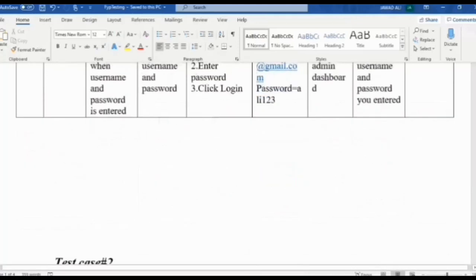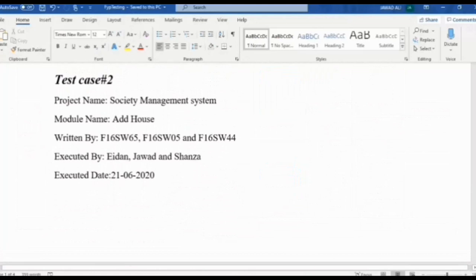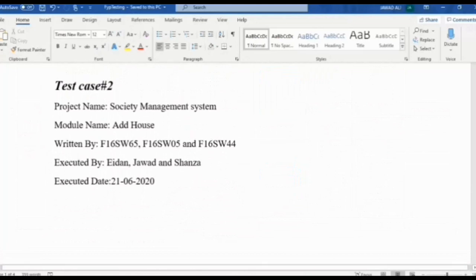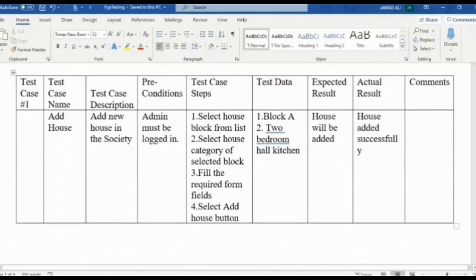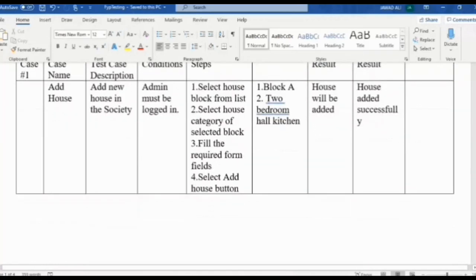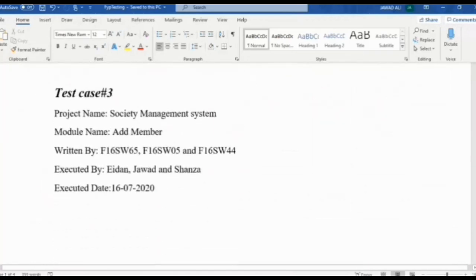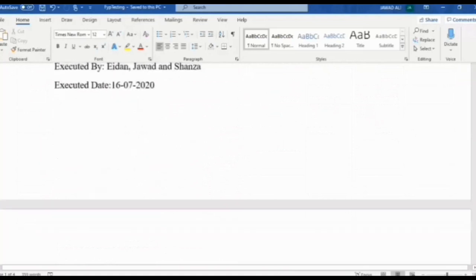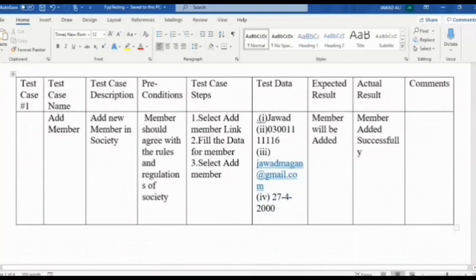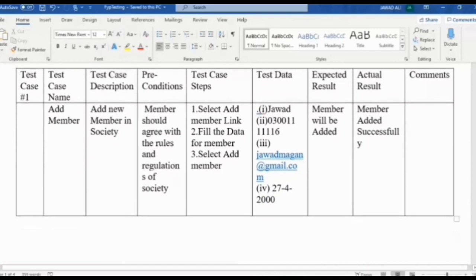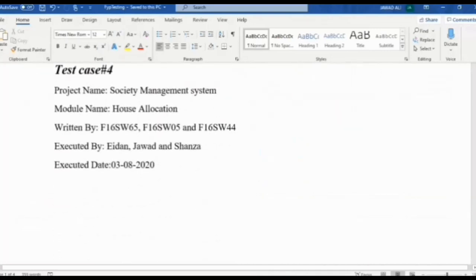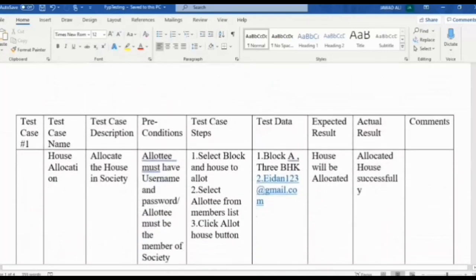Likewise, we have also done the other test cases. Test case number 2 is add house. We followed the steps and filled these required columns to perform the test manually. Number 3 is add member, exactly the same, following the pattern. And the final one is house allocation.